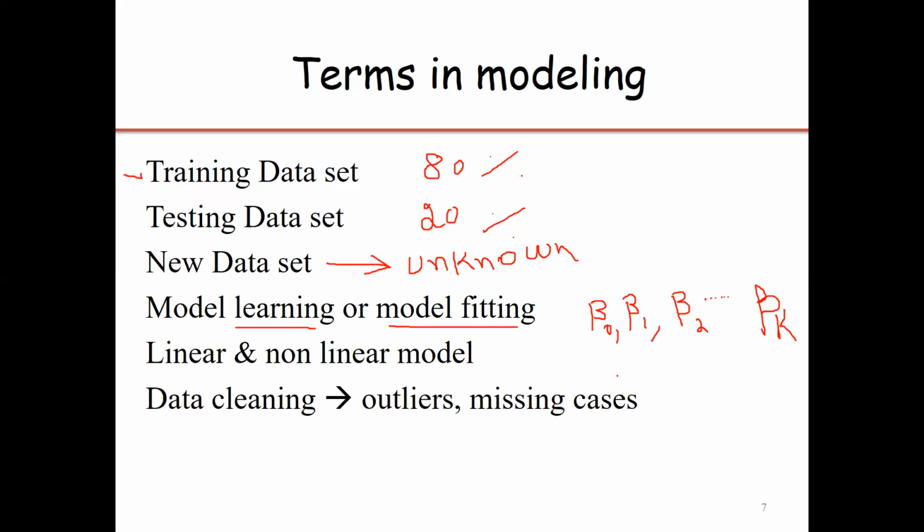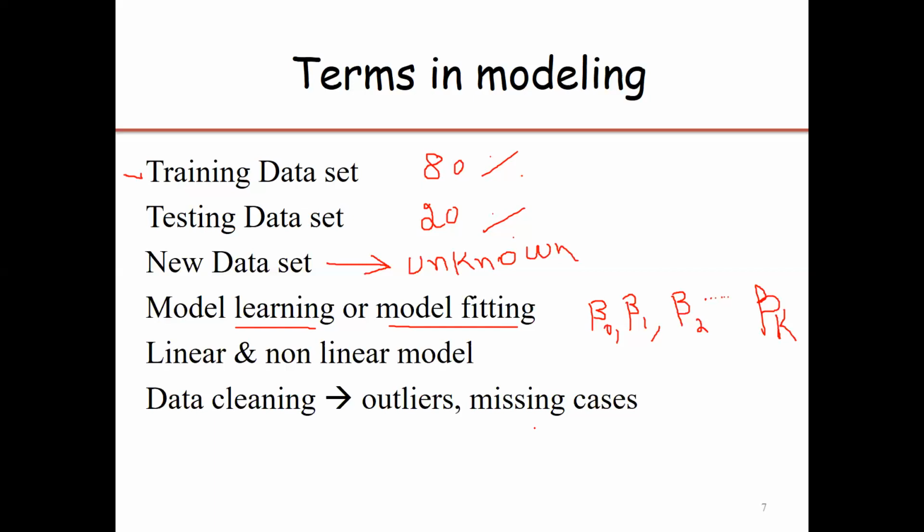Data cleaning is one of the important tasks. Before splitting the data into a training set and testing set, we must clean the data. Data cleaning means there will be no outliers in the data. If there are some outliers, we have to remove them. The data must be there in all cases. If we have missing data, then we have to either impute the missing data or eliminate it. Either option we can use.